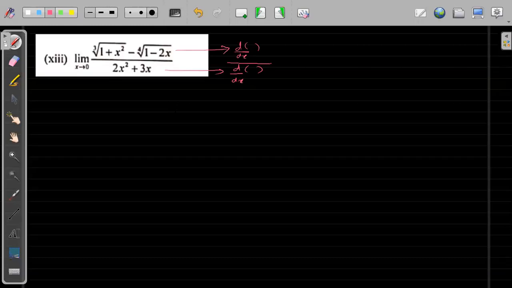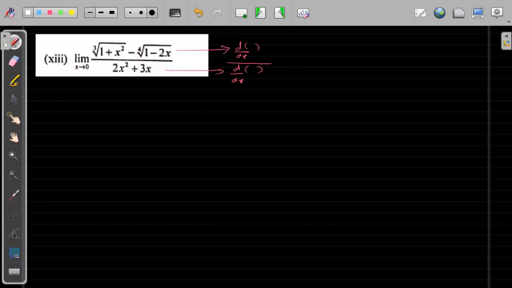One by 6. Yes, I think 1 by 6 is correct. Everybody's getting 1 by 6. Only one person is able to solve using differentiation. Are the rest getting it, or have you already solved it, and that's why you're not giving the answer? Okay, so first I will differentiate the numerator and denominator.